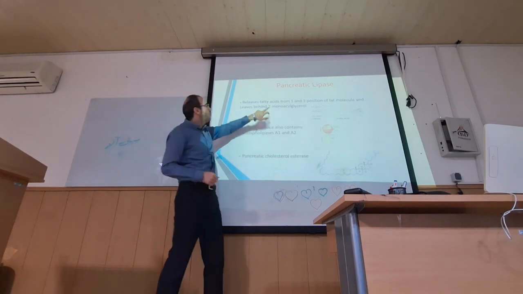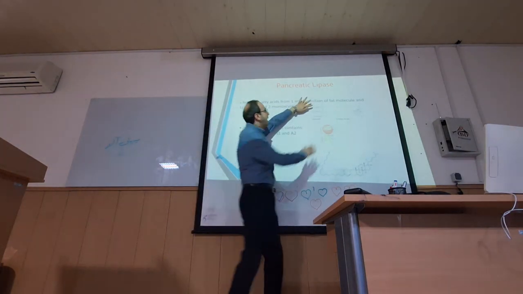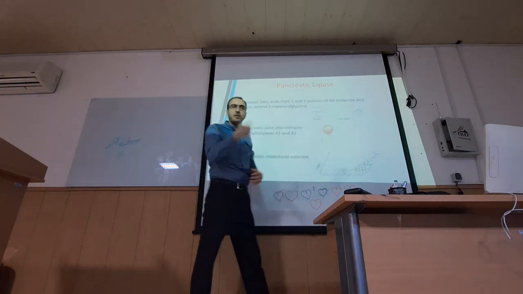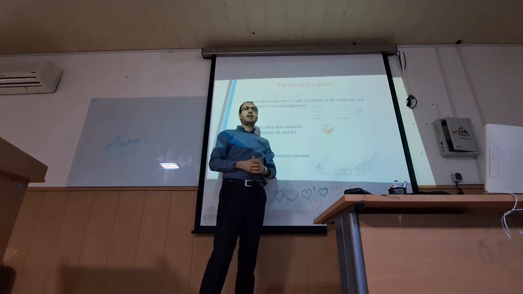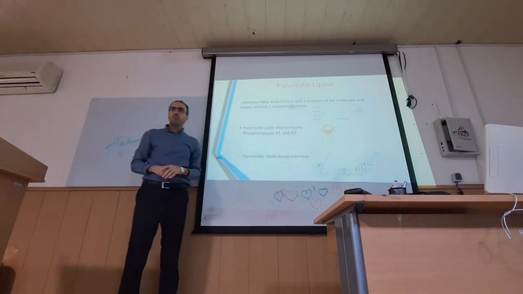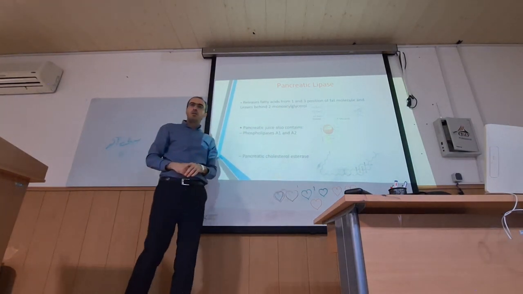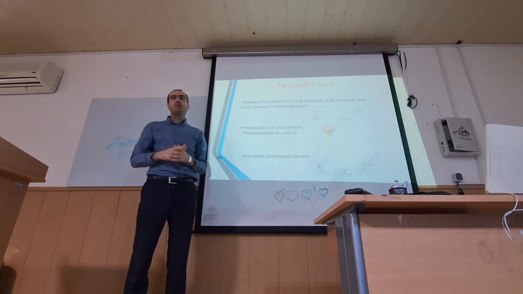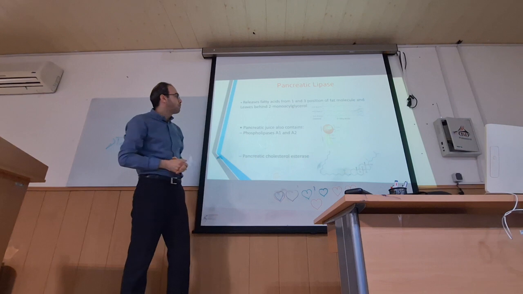Okay? 2 monoacylglycerol means we have just acylglycerol at carbon number 2, a glycerol with 1 fatty acid. So the 2 chains get removed and just the mono remains. Yes, 2 fatty acids are removed and released. Okay? Then